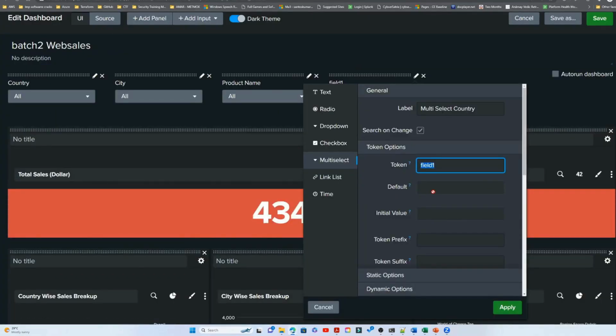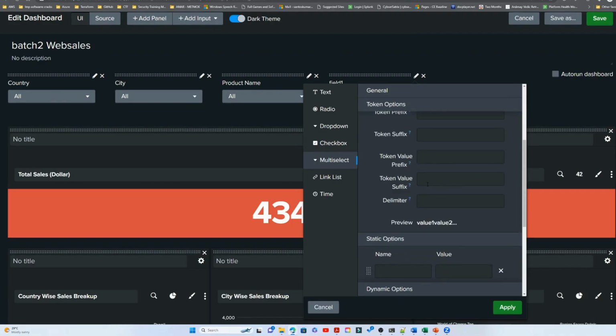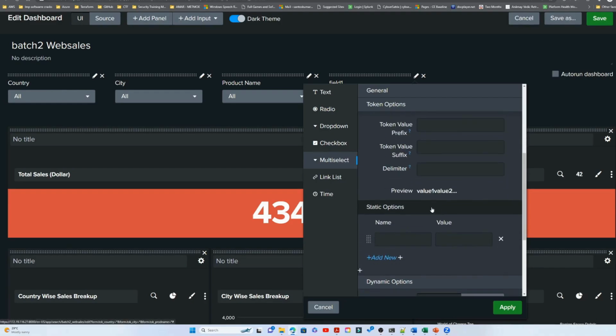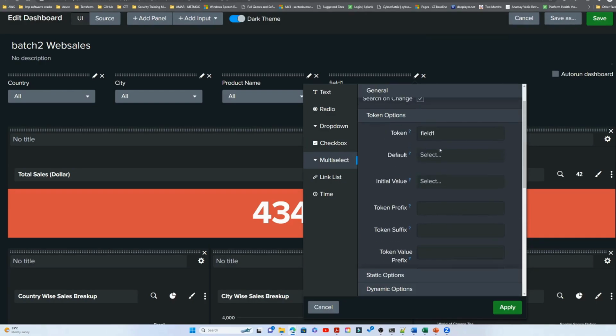If you see now, in multi-select country I am getting additional fields: token prefix, token suffix, then token value prefix, token value suffix, and delimiter. These are additional values that I get when I create a multi-select. So let us see what this is used for. First I give a default value, and let me pass the token as token underscore multi